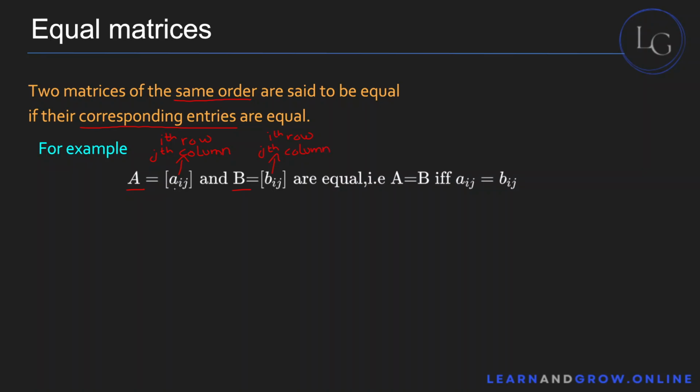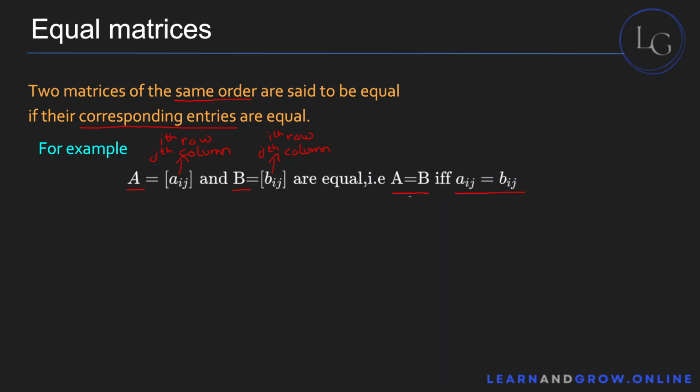So basically the elements of A and B are in the exact same positions in both matrices. So if every corresponding element of A and B is equal, then the matrices A and